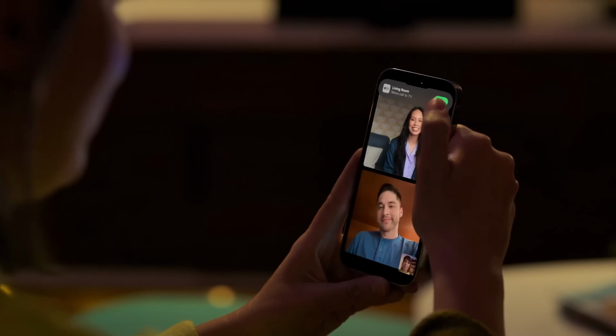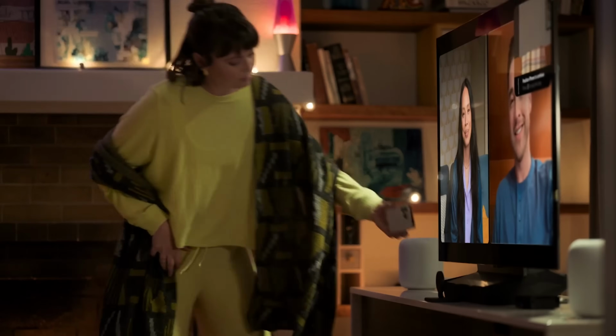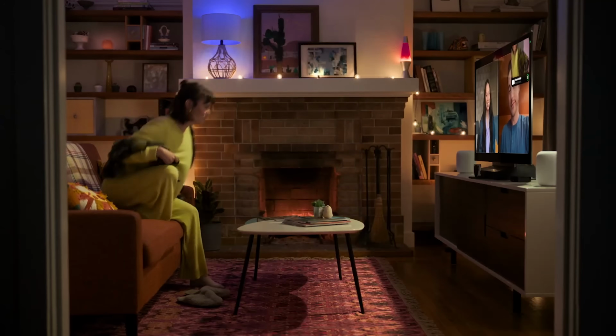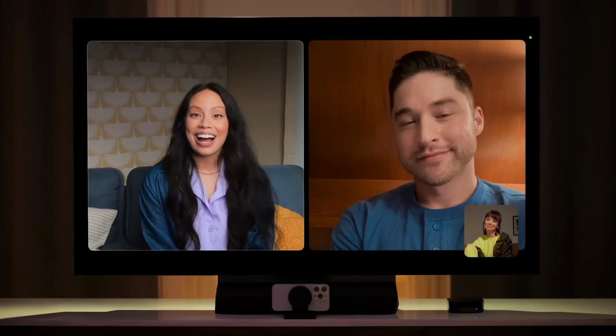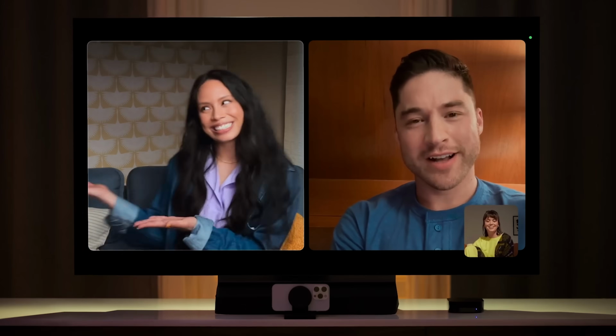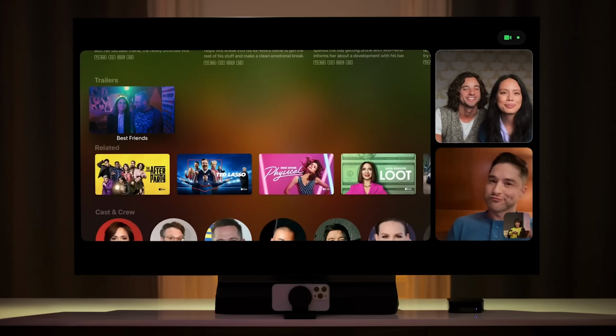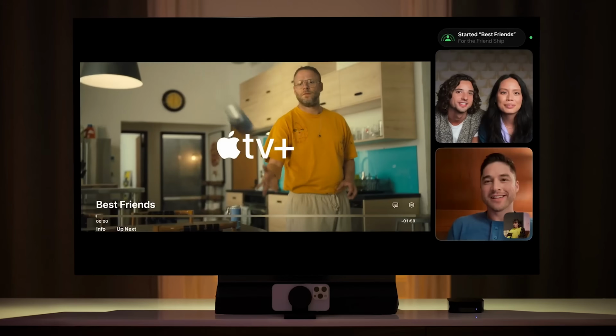Also, when you have a FaceTime call going on, there's going to be a prompt that if you own an Apple TV 4K 2nd gen, you'll be able to throw that video call onto the Apple TV and put it on the big screen. There's a lot more to talk about with Apple TV later. To me, it is one of the sleeper updates of this entire year from all the announcements, and I think it's going to change a lot of how people see Apple TV and use it in a lot